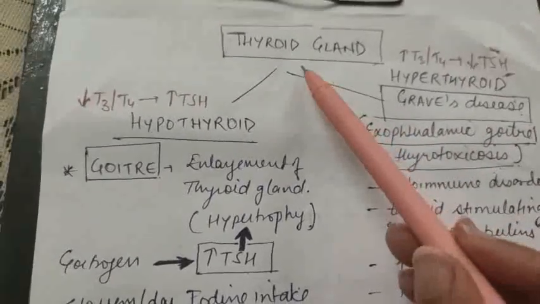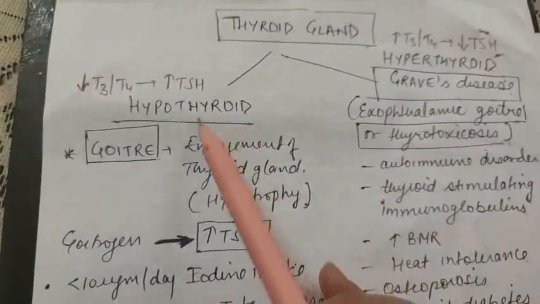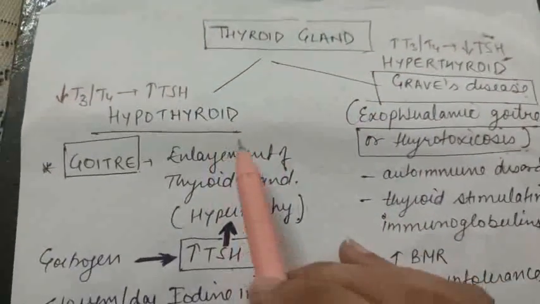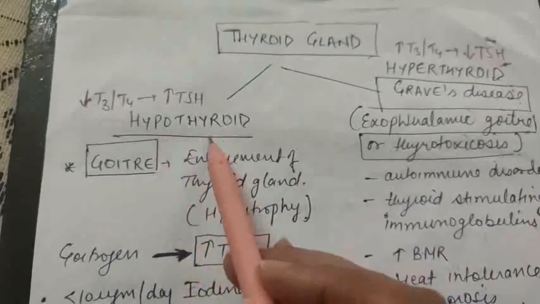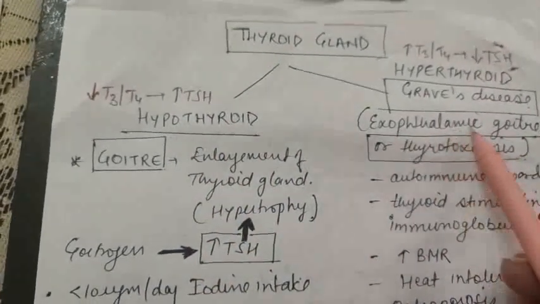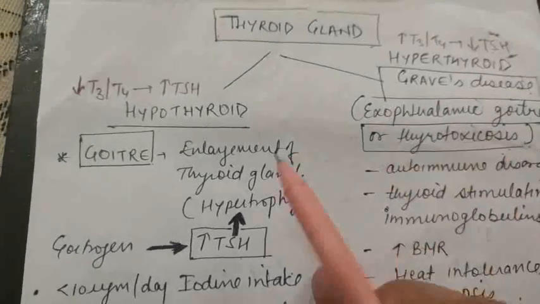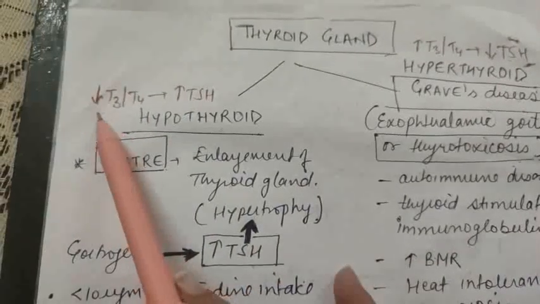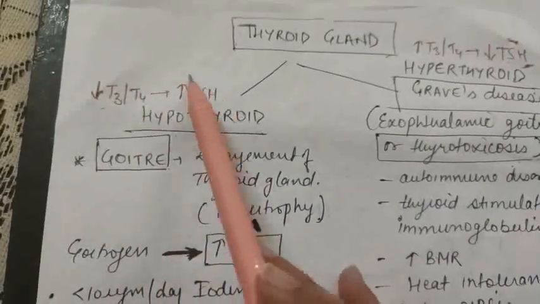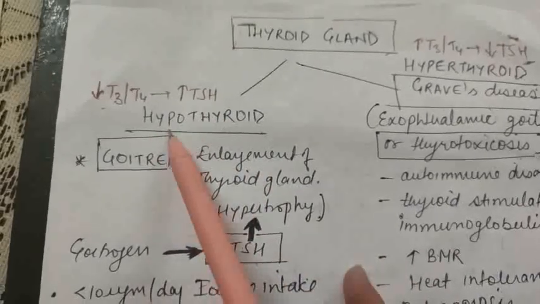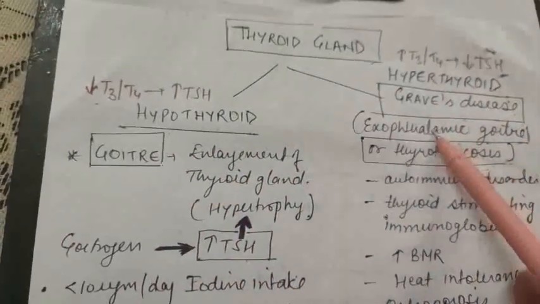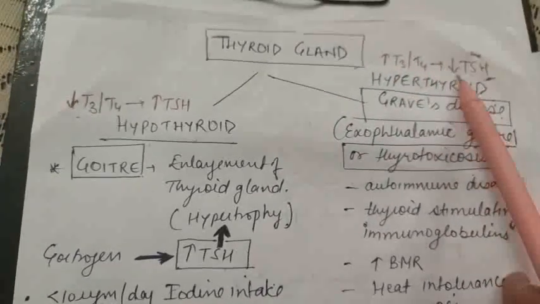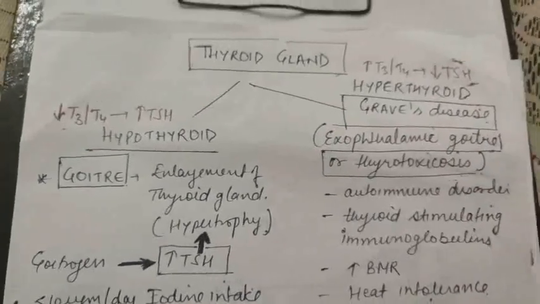Last, we'll be talking about the applied aspect of the thyroid gland. There can be hypothyroidism and hyperthyroidism. Don't be confused about these terms. Hypothyroid means less hormone. Hyperthyroid means a large quantity of hormones T3, T4. How will you distinguish them? TSH will be increased whenever there is less thyroid hormone T3, T4. So increase in TSH you'll find in hypothyroid, not hyperthyroid. In hyperthyroid there will be a high concentration of hormones, so TSH can't be high. This way you can identify both.